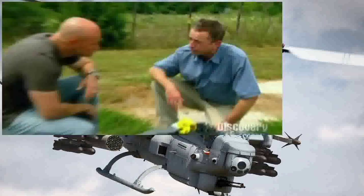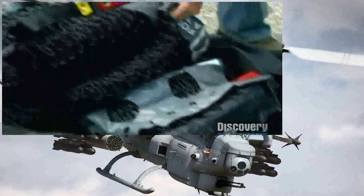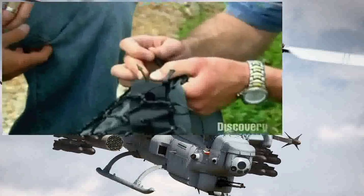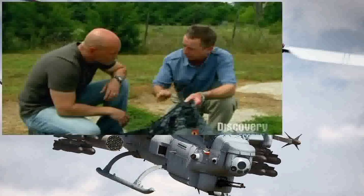This is the X-Net. It's a non-lethal vehicle arrestor. One of the men behind the X-Net, Phil Dandy, explains the basic principle. Pull this whole thing back. Okay. All right. So what we have are these 2 rows of very, very sharp spikes. They go into the car tyre, and they then wrap the net around both front wheels, and that vehicle is